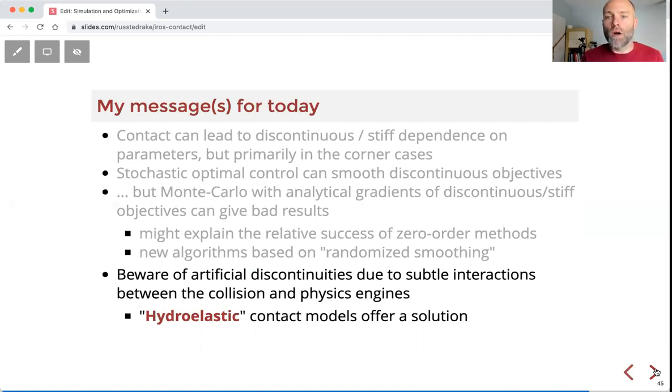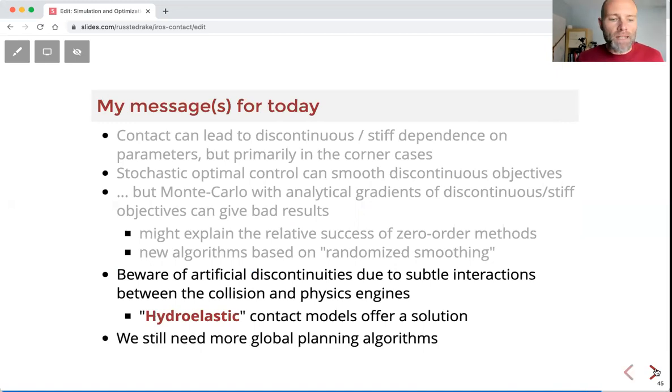And hydroelastic is one step, I think, towards finding the Goldilocks spot between a rich computation to give stable gradients, stable simulation, without doing full finite element models. And I'll just end by saying, I talked a lot about continuity and gradients in contact with the hopes that would help us think about the way gradient-based methods are solving these problems. But I don't think gradient-based trajectory optimization certainly gets us all the way there.